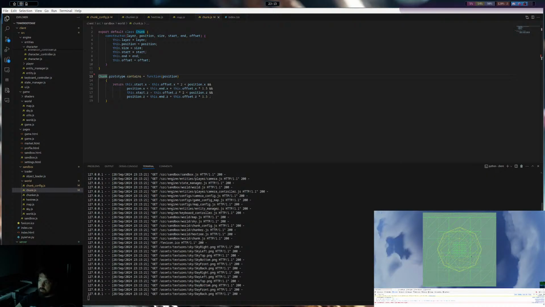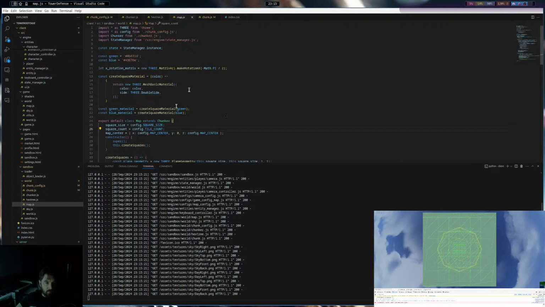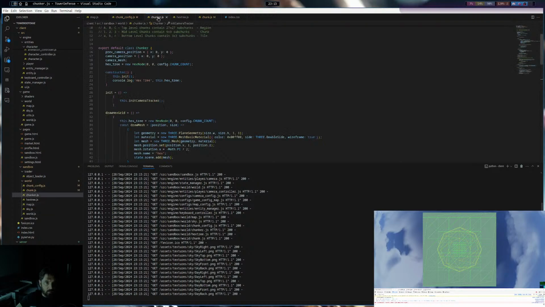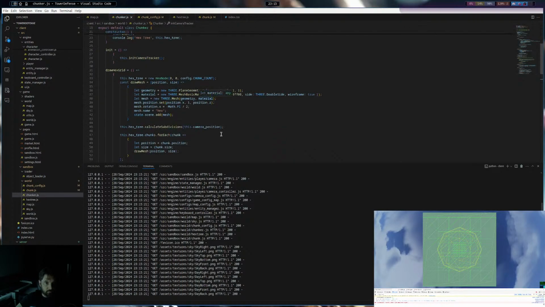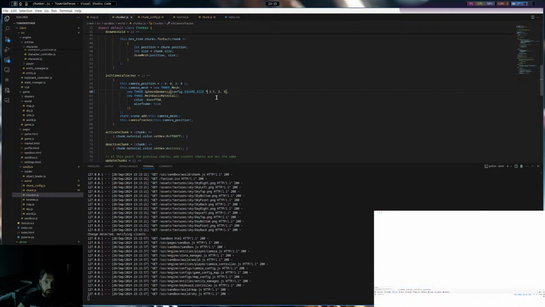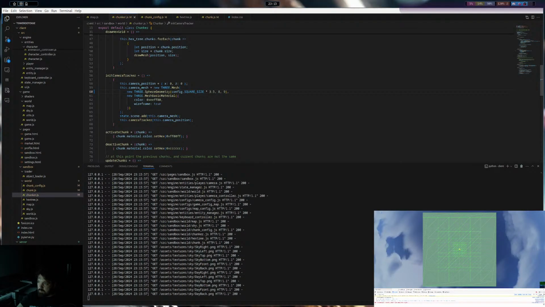So right now we have this. Let's go to our map. In our chunker, for now, this is our dot.